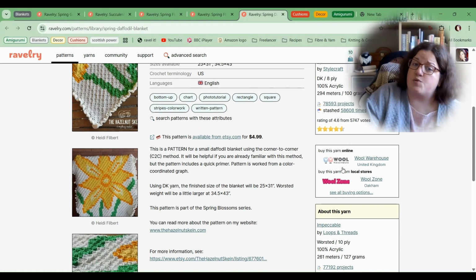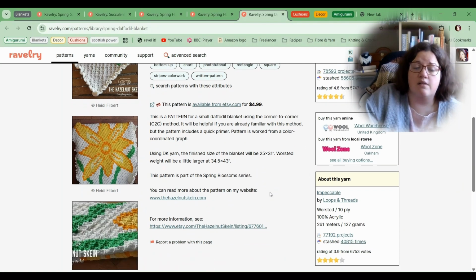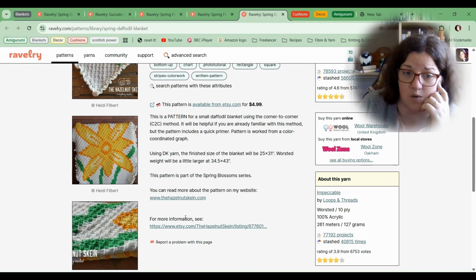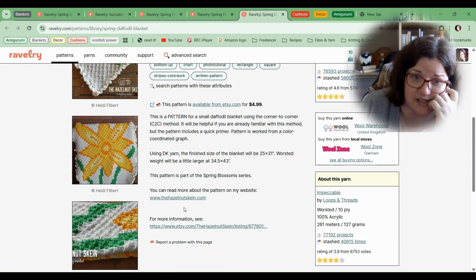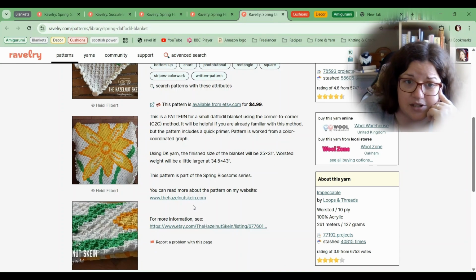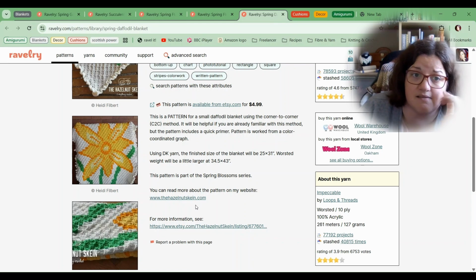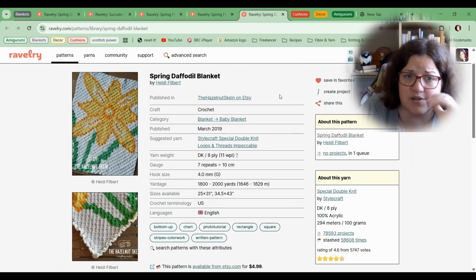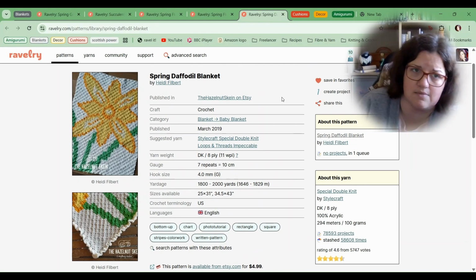Part of the Spring Blossoms series. So there are others available, and she does have a website as well. So if I remember, I will put her website in the notes down below, as she's listed it in the details of this particular blanket, because that will be handy for those of you that are interested in doing this style of blanket but maybe don't use Ravelry. So yeah, so that's my